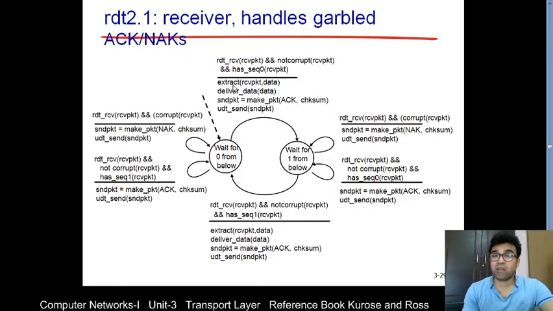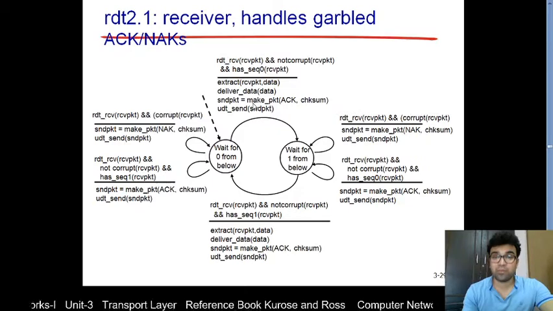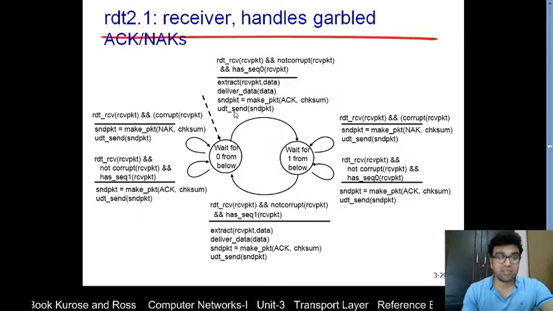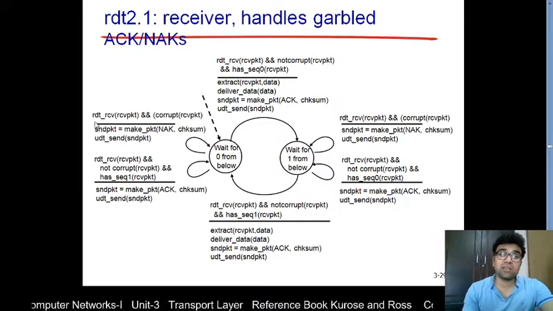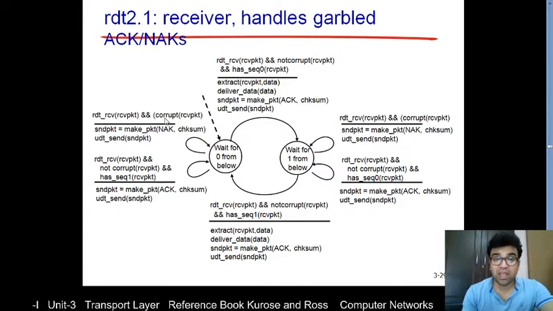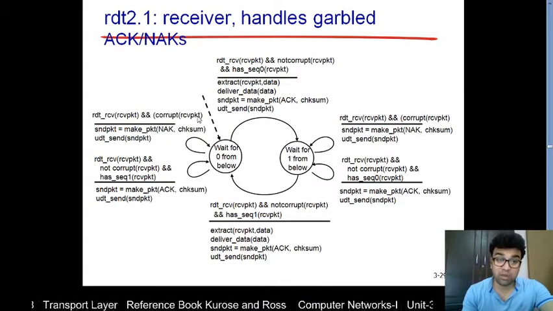Then it will extract the data from the packet and deliver that data to the application layer, and it will create a packet which is known as acknowledgement along with the checksum this time, and send it to the sending side. So it's an ideal condition. The second possibility is the packet received by the receiving side is corrupted. Then